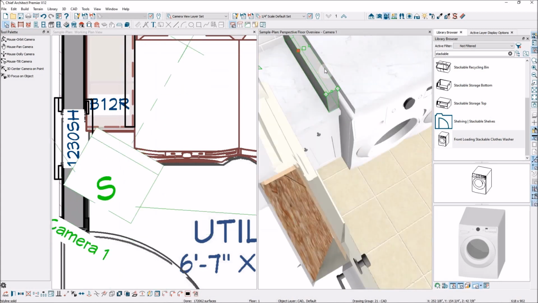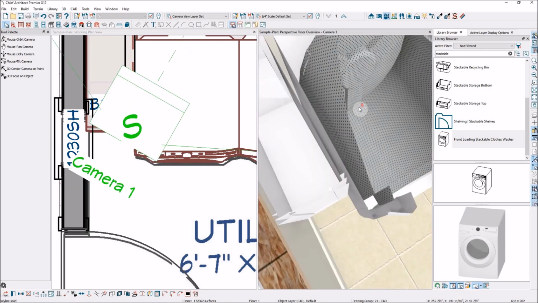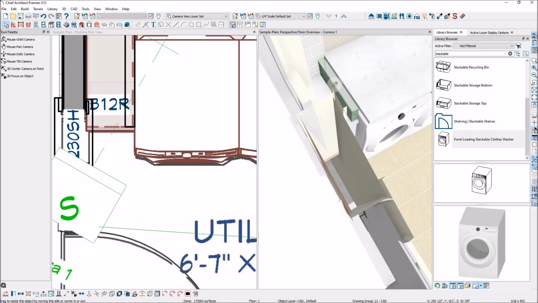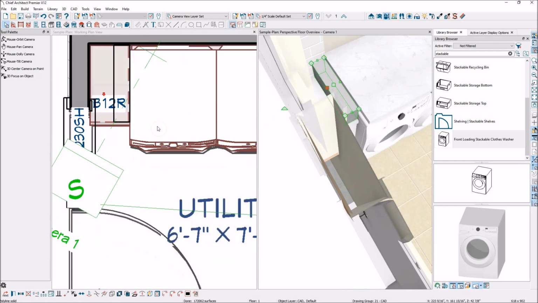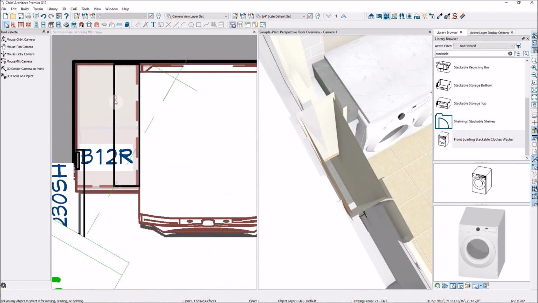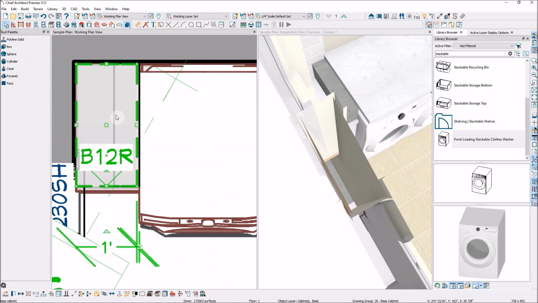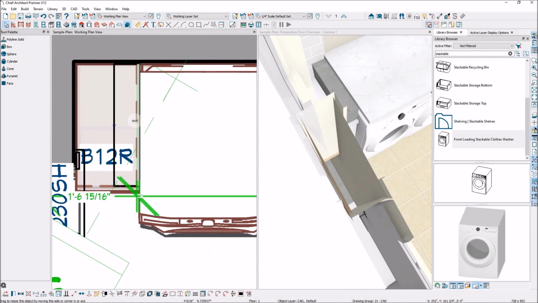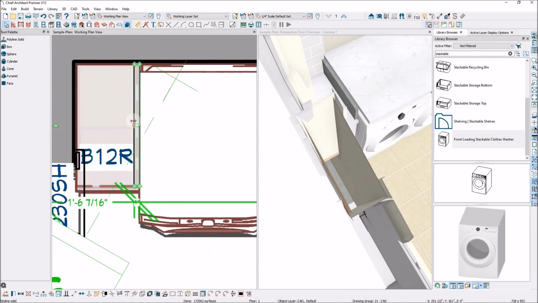Okay, so that popped up there. Now it's up where I can see it. And I can adjust it visually here in 3D if I want to, and I can also do it over here. I'm going to have to tab select that. I'm just going to make it thin to bump right up against that